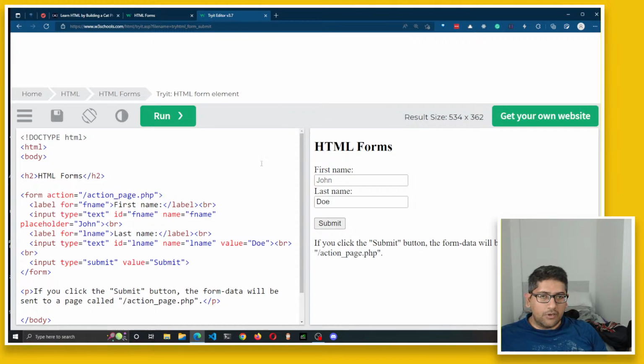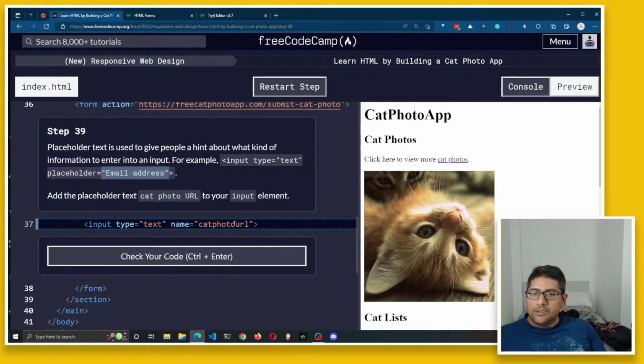If I say placeholder equal to John, you see how this is light text? If I type anything, that basically disappears. So this is just a suggestion. Sometimes you go to a form that says Enter your first name, but that value is not there. This is just a hint. It is a placeholder if there is no text over there. It's like guiding text. So we need to put placeholder equal to